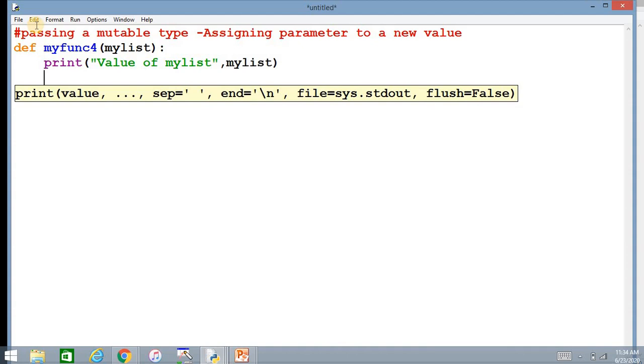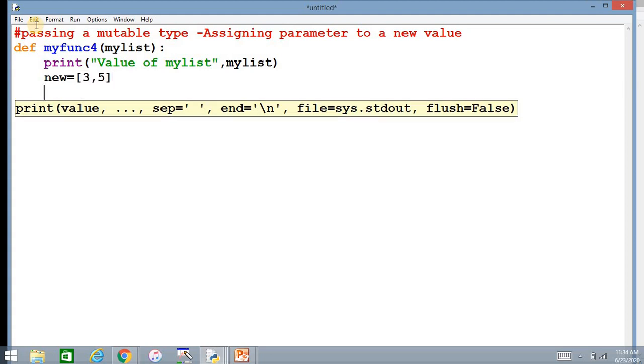Now I am creating a new list here named new, and I am making it 3, 5. The new list is being created here, and I am changing my list to new.